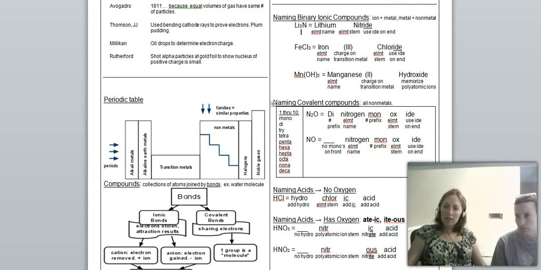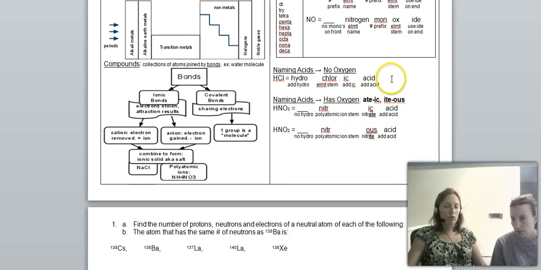Naming acids. The thing that you have to remember is ate ik, ite us. If your acid has got oxygen in it, which typically means that it's got a polyatomic ion in it, again, you have to have your polyatomic ions memorized, so you have to recognize that NO3 is nitrate, and that NO2 is nitrite. So what you end up doing is you go, okay, nitrate, and then you remember the little rhymey thing, ate, ik, ite, us. It goes from ate to ik. So this is nitric acid, and this is nitrite,